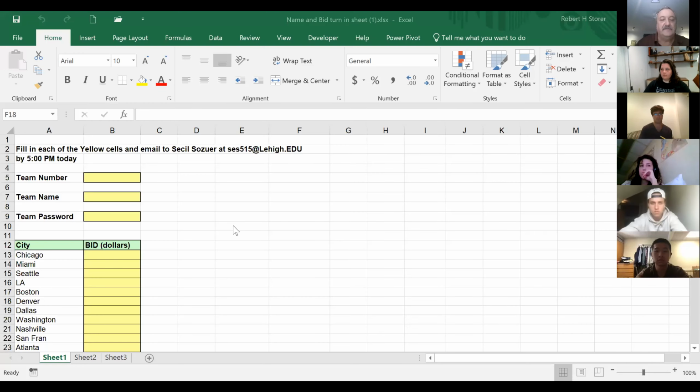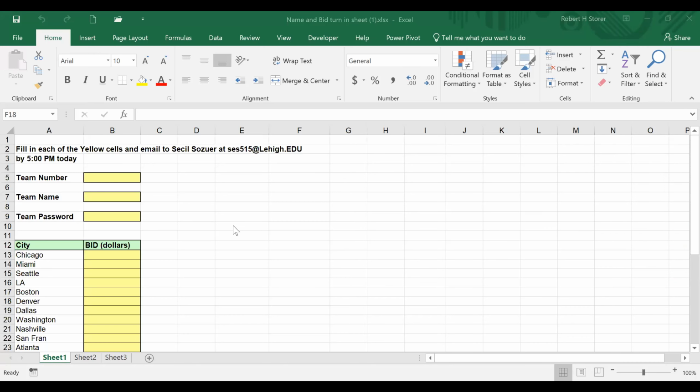All right, this is the form that's posted on course site. This is what you have to turn in by 5 o'clock today. Email it to Sachil. Geez, we probably should have used a Google form for this, but okay. So basically, you have a team number is the one that's in the sheet I showed you earlier, right? So you know what team number you are. Then you're going to have a team name